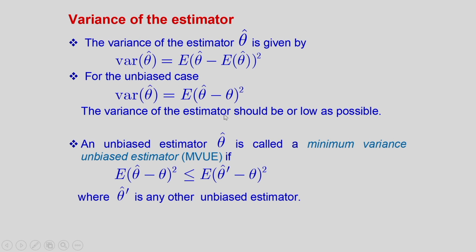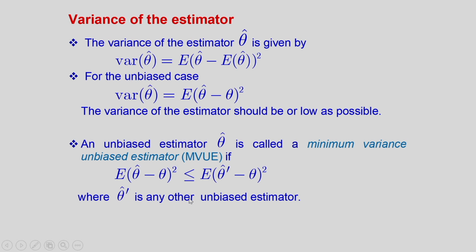The variance of an estimator should be as low as possible. An unbiased estimator theta hat is called a minimum variance unbiased estimator, MVUE, if E of (theta hat minus theta) whole square, that is variance of theta hat, is less than or equal to E of (theta hat dash minus theta) whole square, that is variance of theta hat dash. So variance of theta hat is less than or equal to variance of theta hat dash,